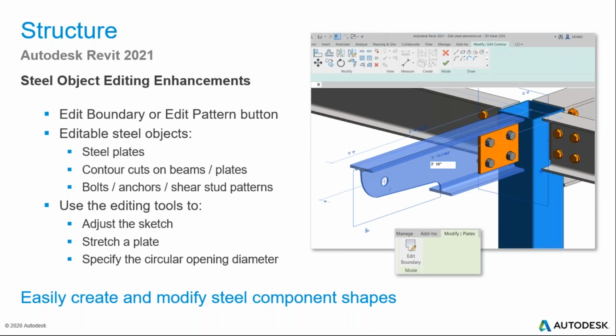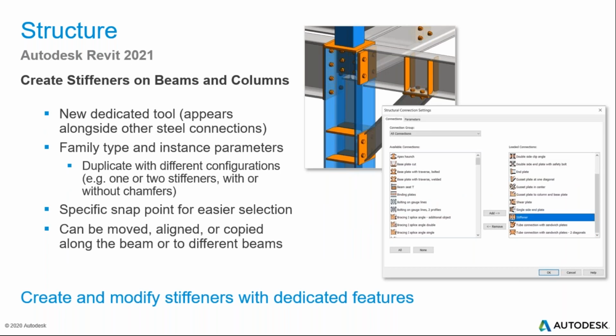If you want to edit a simple or a complex cut, you can simply select the desired cut using the tab key, press the edit boundary button and choose from several options to change the shape of the cut or add, for example, a radius to one of its corners to add a fillet to it. These improve the overall efficiency and provide greater flexibility to the team when they are doing steel detailing in Revit.